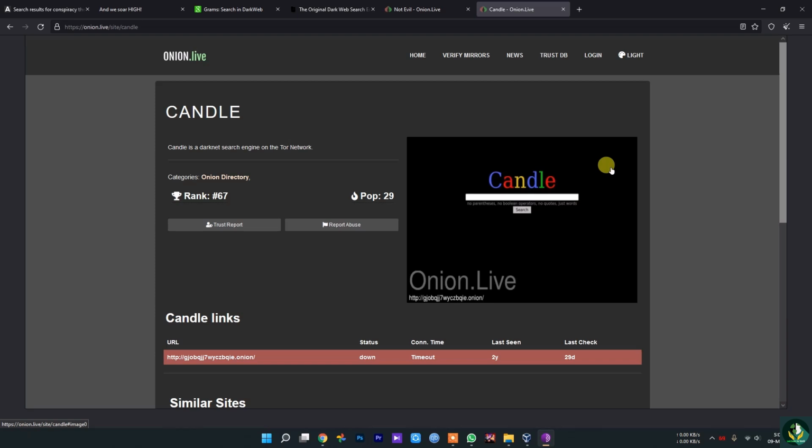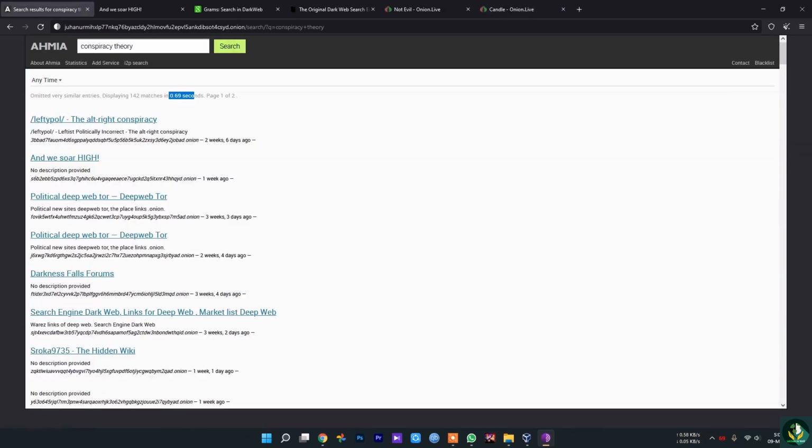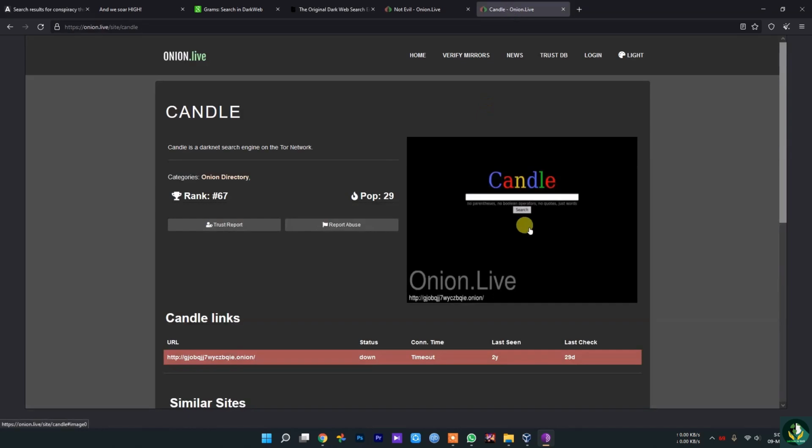If you search anything, like conspiracy theory as I previously typed, it will show different results than the Ahmia search engine. Ahmia only showed 142 matches, but Candle showed like 300, 400, or 500. The Candle website is indexed by pages, and it has a black color scheme, which is very nice and easy on the eyes.